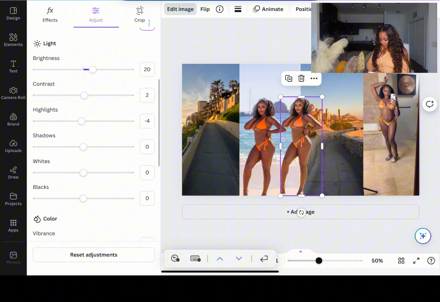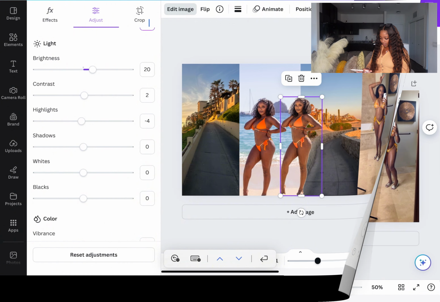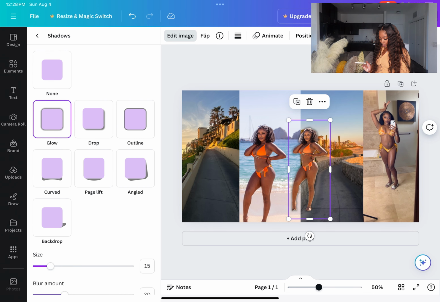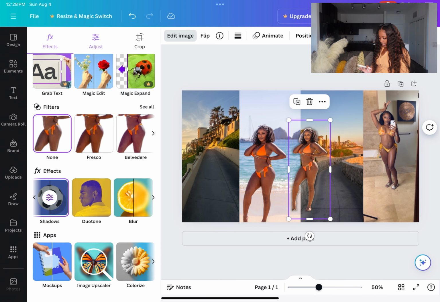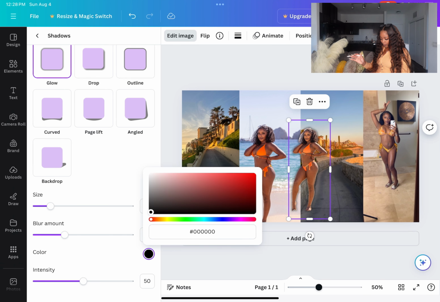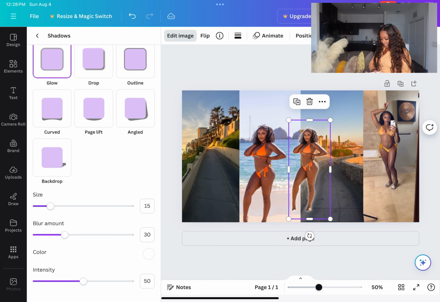Shadows. Now that you have the color of the outline together, now we're gonna make it glow. We're gonna go to shadows, and then we're gonna go to glow. Add glow. All right, boom. So I like to make it glow with the white because it gives that glowy effect. So I'm going to make my color white. After I make my color white, I'm going to increase that size because